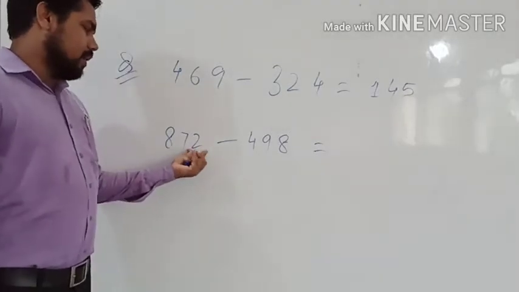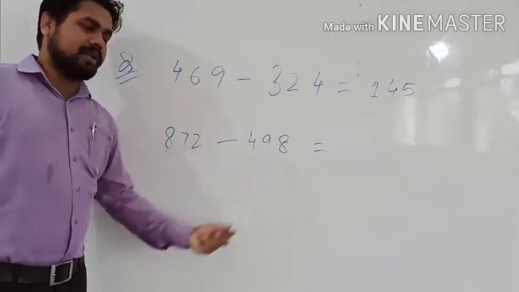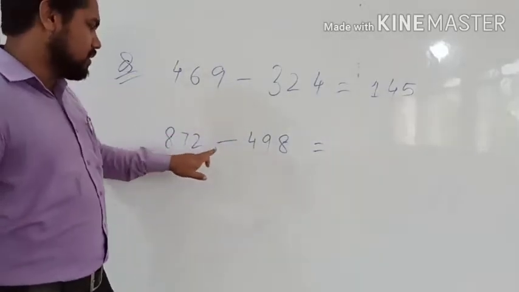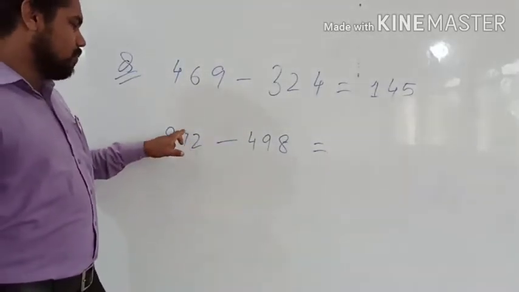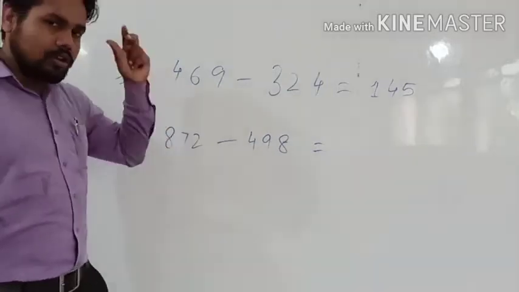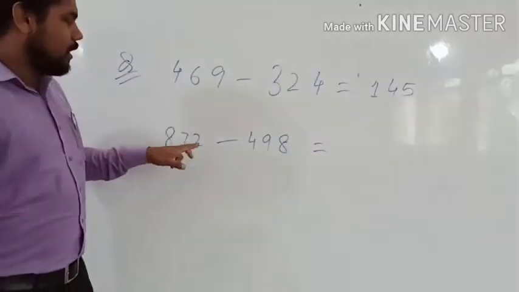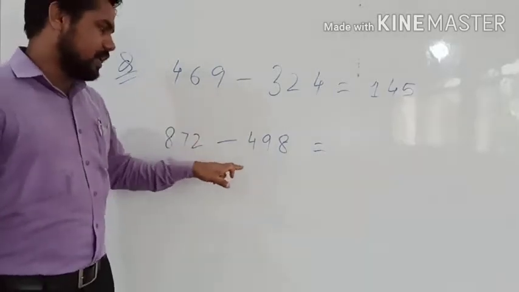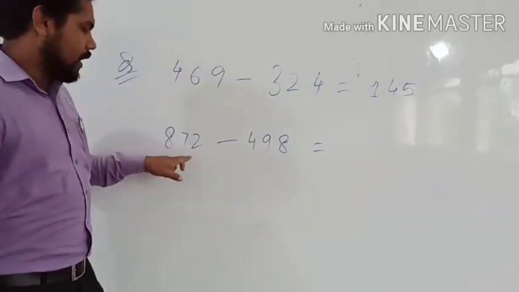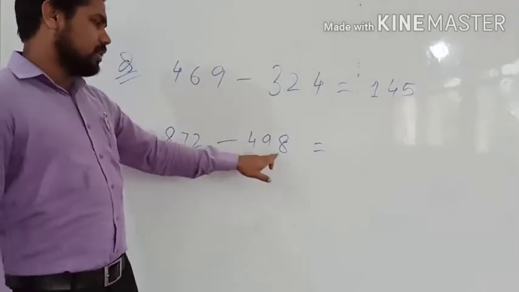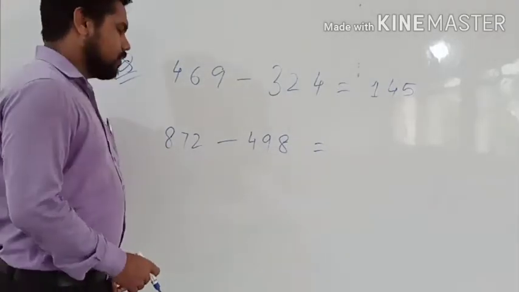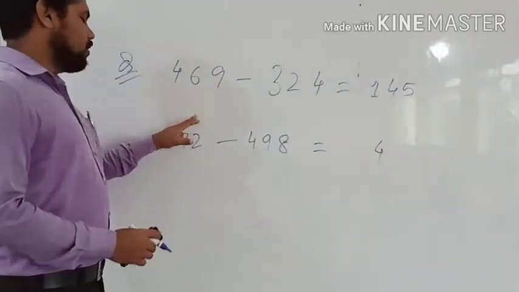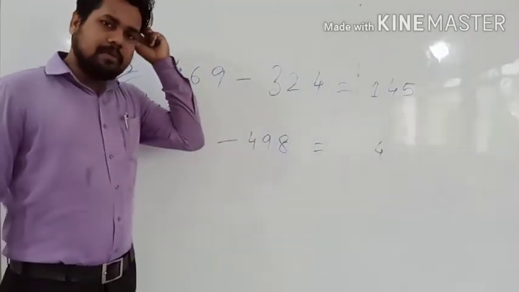अब यहाँ पे आपको इससे जो है 8 सब्ट्रैक्ट करना है. So क्या करना है? If you want to subtract 8 from this, it is not possible. So you have to take carry from 1. So in your mind you have to take carry 1, and in your mind you have to consider this as 12. Okay, इसको 12 consider करना है. So 8 को 8 सब्ट्रैक्ट करेंगे 12 से तो कितना होगा? 4, right? So यहाँ पे हम लोग 4 लिखेंगे. तो आपने यहाँ पे कुछ भी नोट नहीं किया, आपने सारा नोट किया अपना दिमाग में, ठीक है?